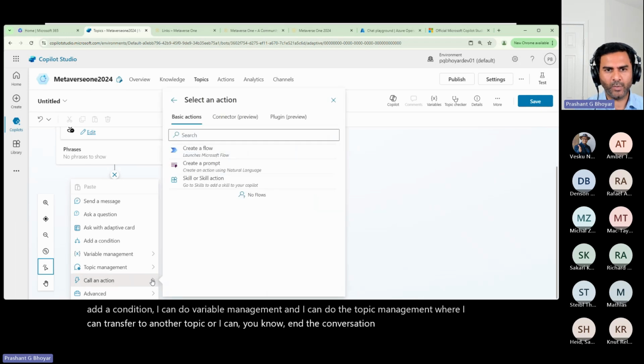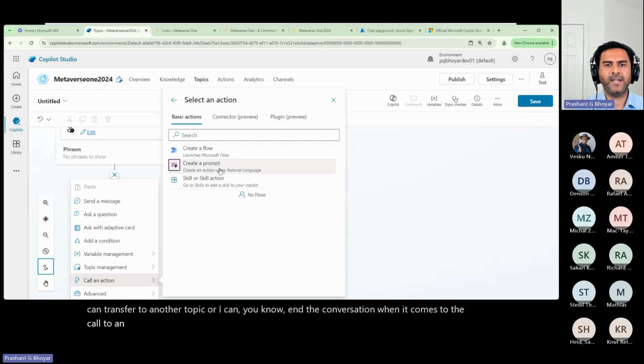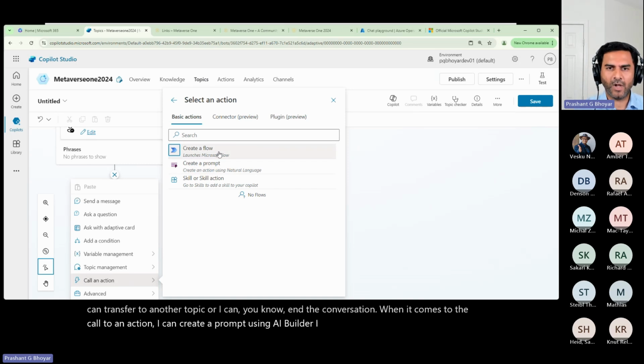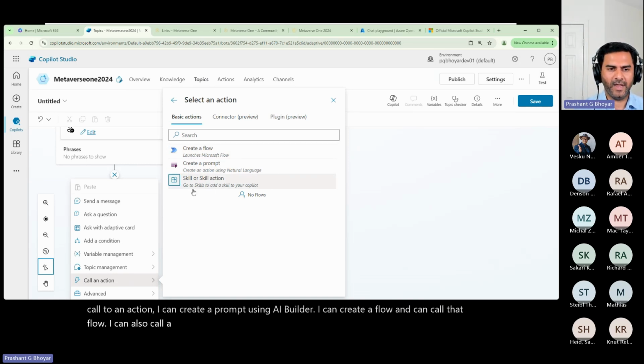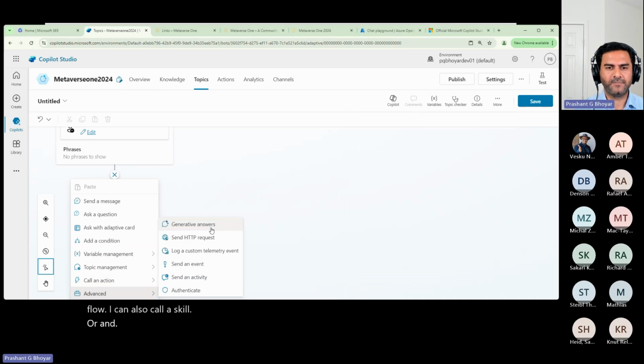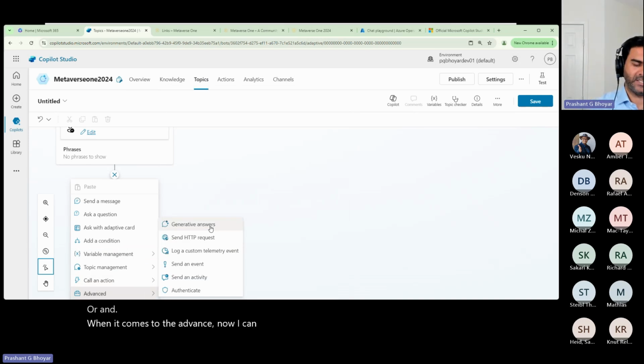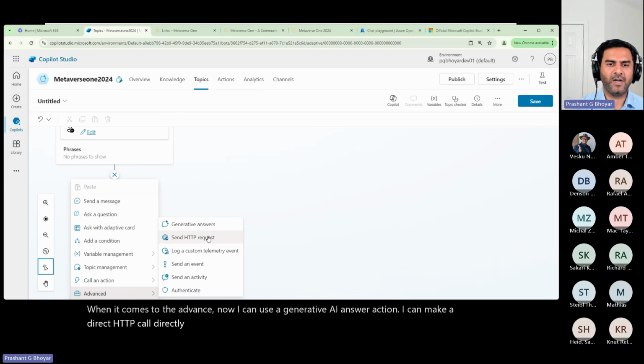When it comes to the call to an action, I can create a prompt using AI Builder. I can create a flow and can call that flow. I can also call a skill. And when it comes to the advanced, I can use a generative AI answer action. I can make a direct HTTP call directly from this topic. And I can also log a custom telemetry event or send an event, or I can also launch an action